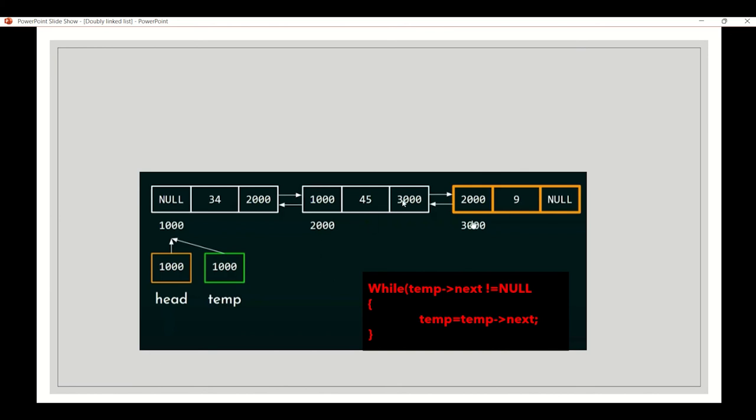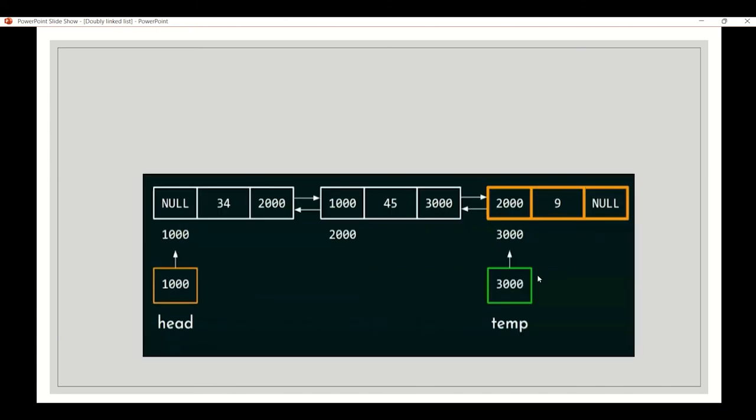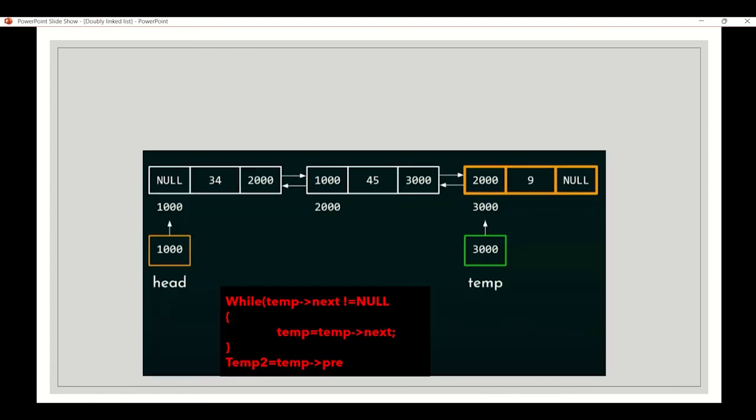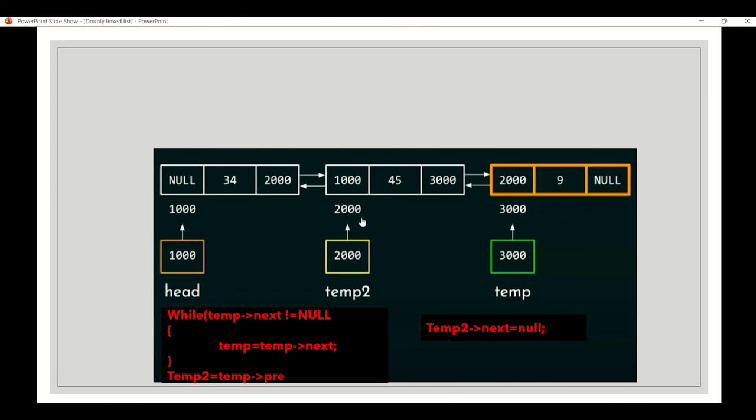Temp of next of the second node is also not null, so it moves to the third node. But while checking the condition at the third node, temp of next is null, so the condition is not satisfied, and the temp value stays here.